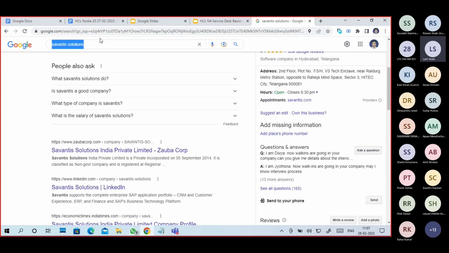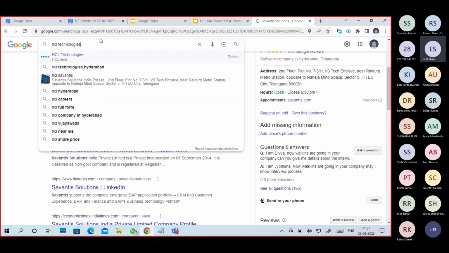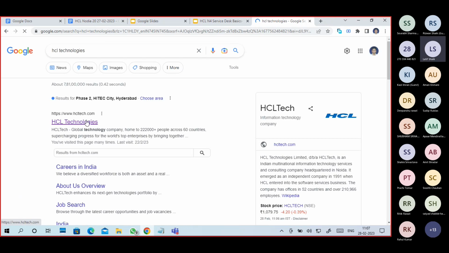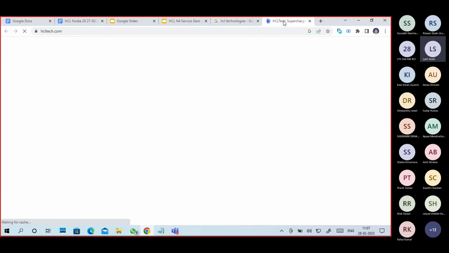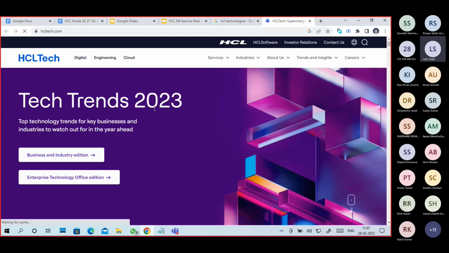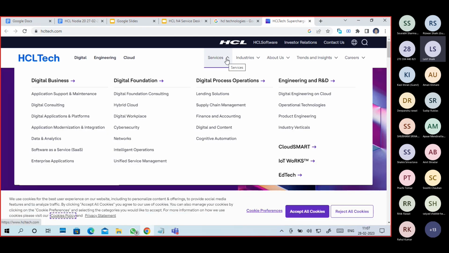Or you can go to HCL. What is the HCL organization providing? See the services; it's a lot of services, right?